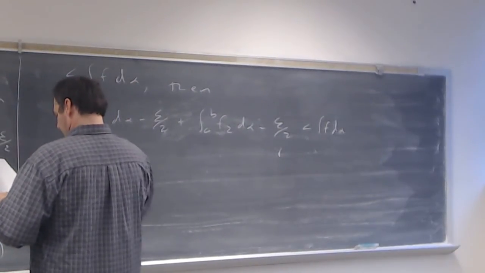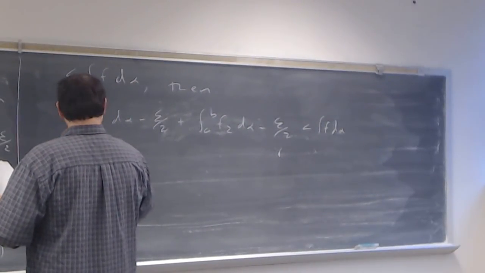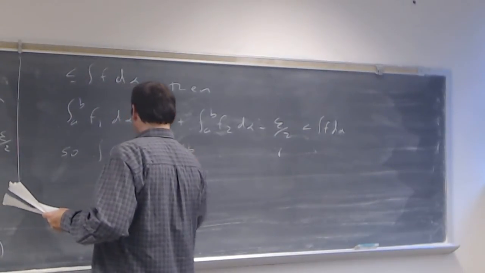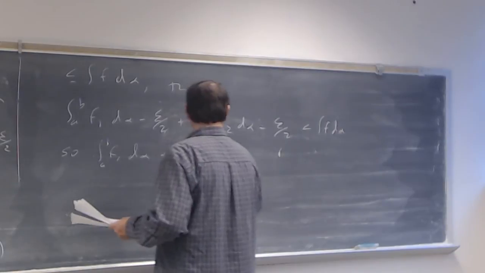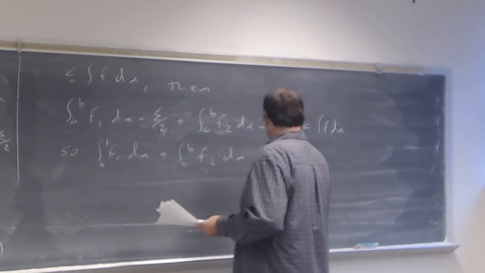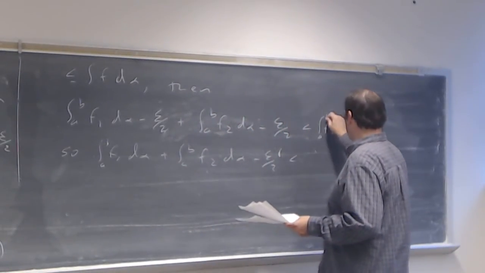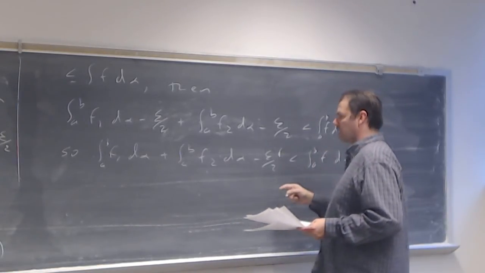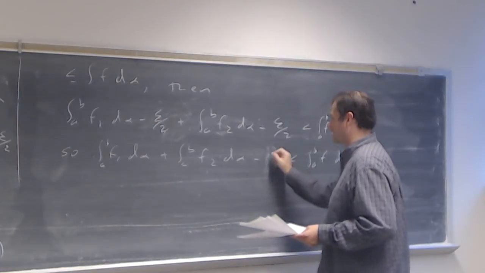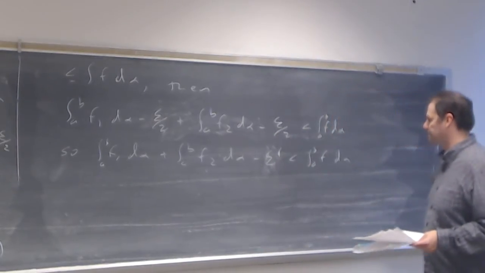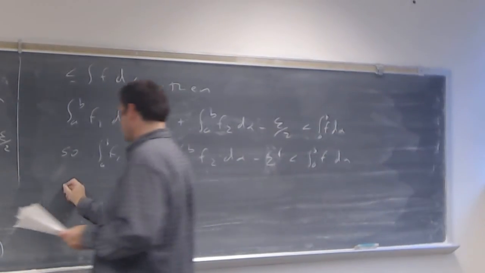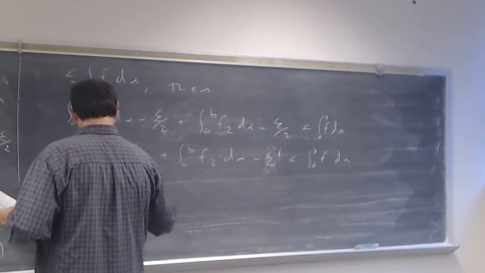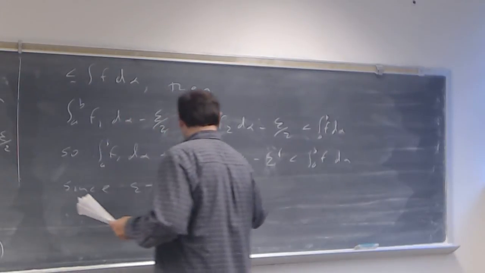So that says that the integral of f sub 1 d alpha plus the integral from a to b of f sub 2 d alpha minus epsilon over 2 is less than the integral from a to b of just f d alpha. And so this should be a minus epsilon, is what I should have written, because I'm combining those two. And again, since epsilon is greater than 0 and arbitrary,